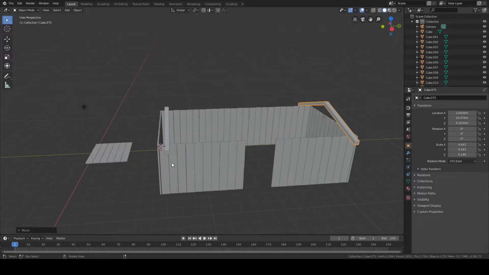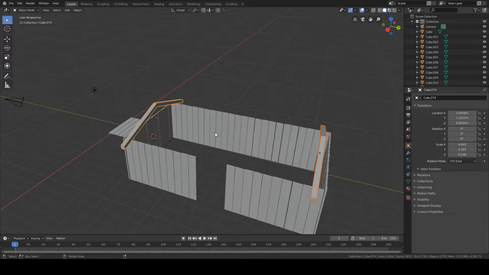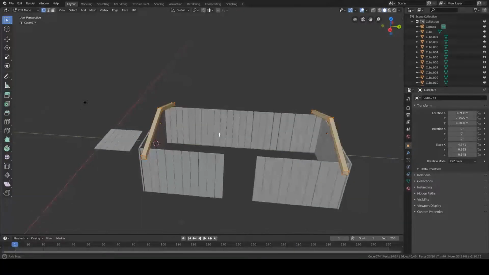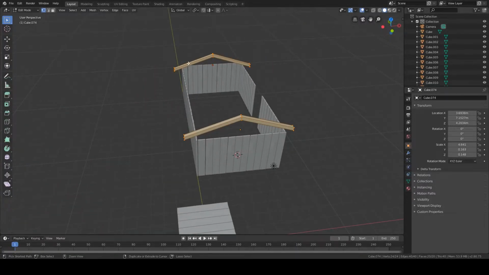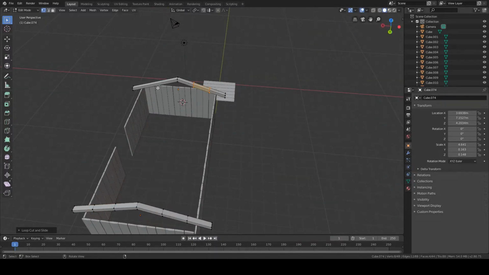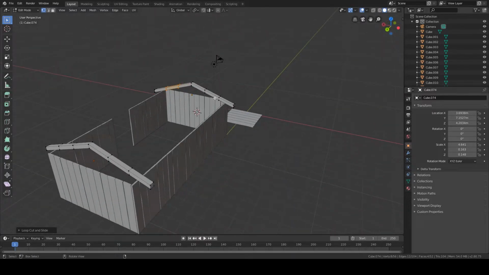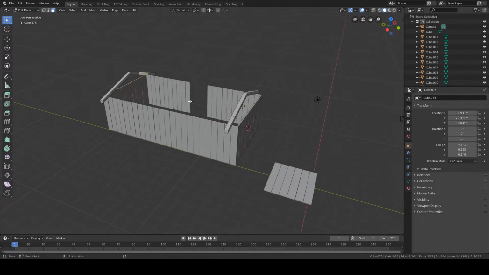Yep, that looks good. Actually, I'm going to go ahead and shift click both of these. Press Tab to go into edit mode. I'm going to press Control R, and then scroll the mouse wheel twice to make a couple loop cuts. I'm going to do that on each one of these boards, 2 loop cuts. And then I'm going to click on here to click face. I'm going to click this face and this face, and I'm going to extrude,